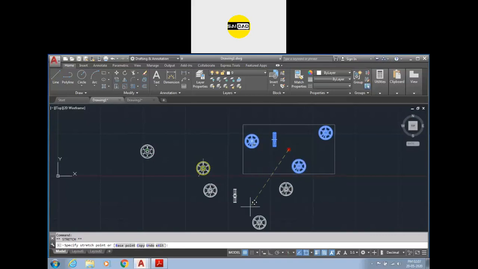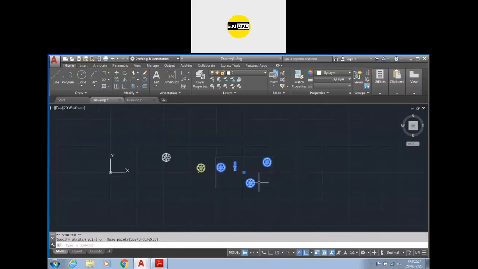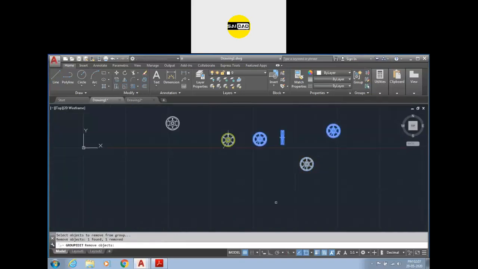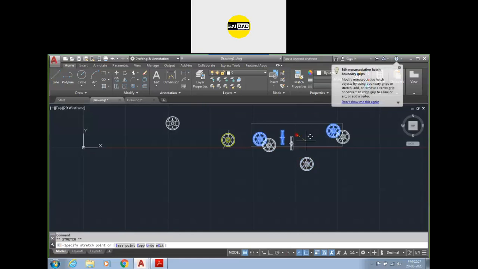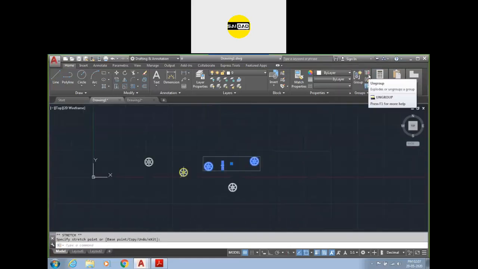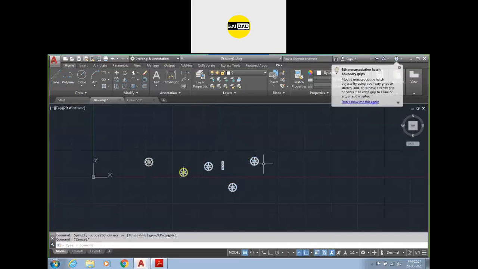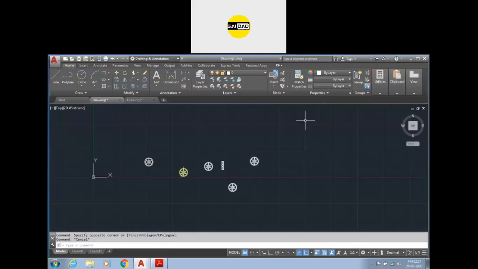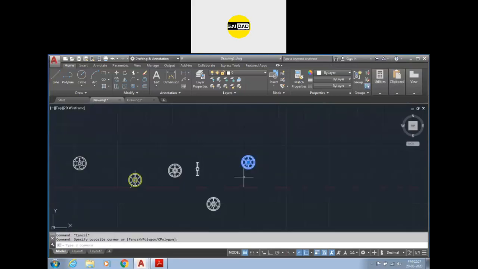Okay, so whatever you need, you can just create the group. Okay, if you want to delete the group, if you want to ungroup the objects, or if you want to remove an object, for removing you just need to go to the edit, remove the object. I don't want to see this object. Press enter and the group will be applied to only these objects. If you want to delete the group, there is the first option here, that is ungroup. Click here and the group will be deleted now. Okay, this is the simple option. Basically, this is for the selection you want to move, copy, rotate, then it can be used.